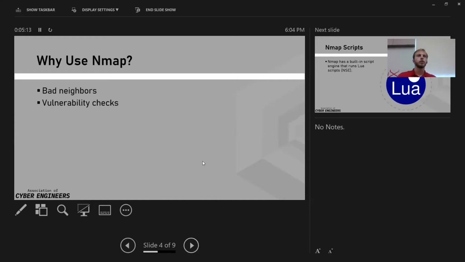Cool. So why would you use Nmap? Let's say I'm on my home Wi-Fi and it is super slow. It's throttled for some reason. I can't download Cyberpunk and I'm upset. What I could do is Nmap the subnet of my own network and see all of the services on it, see who's on and what they are doing, more or less. With Nmap, I can say, hey, it's my asshole neighbor. He's on my Wi-Fi and he's stealing all my bandwidth, and you can kick him off. So you could do that.